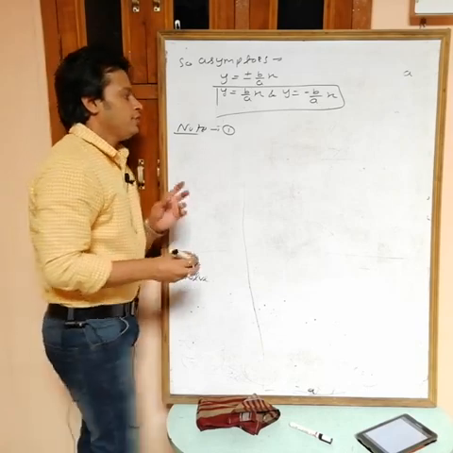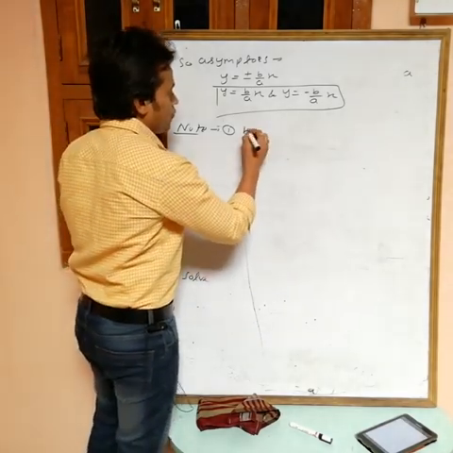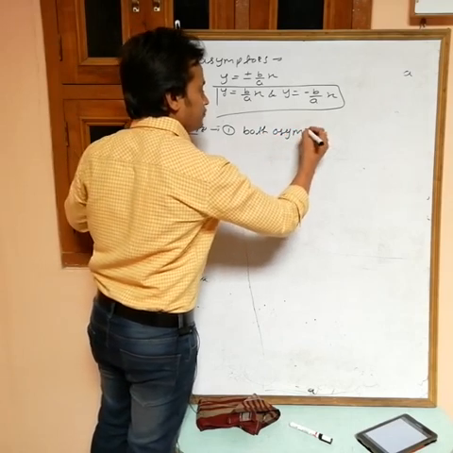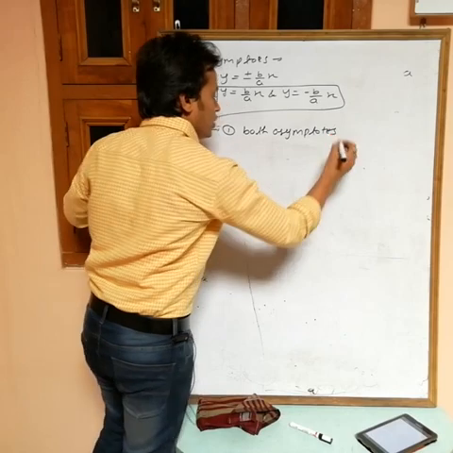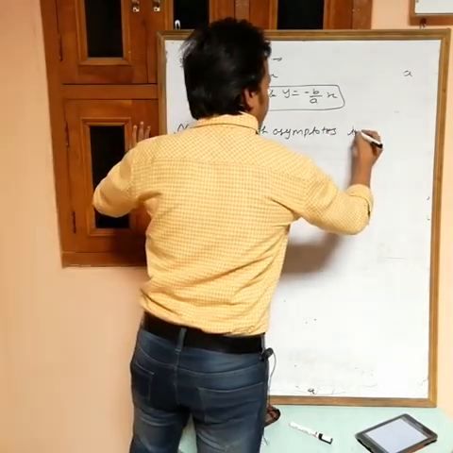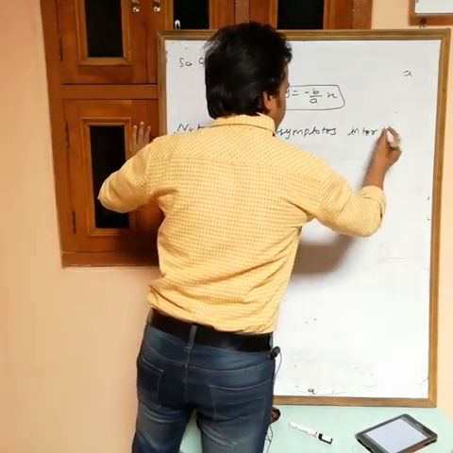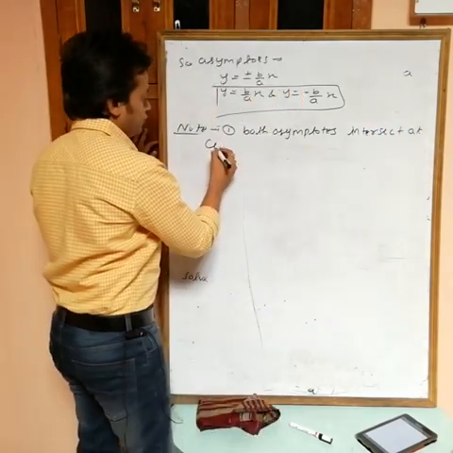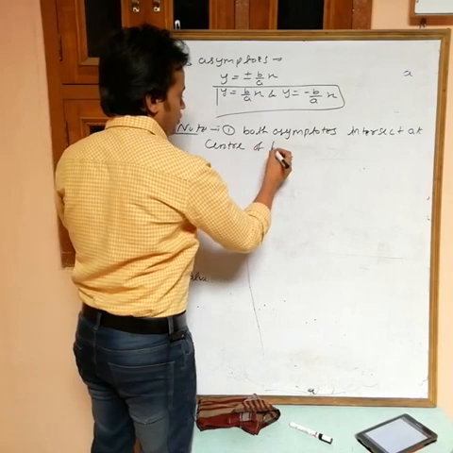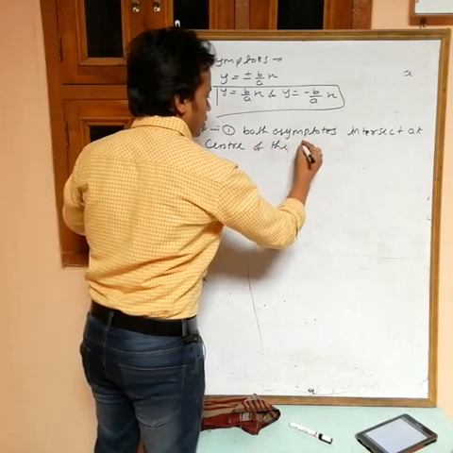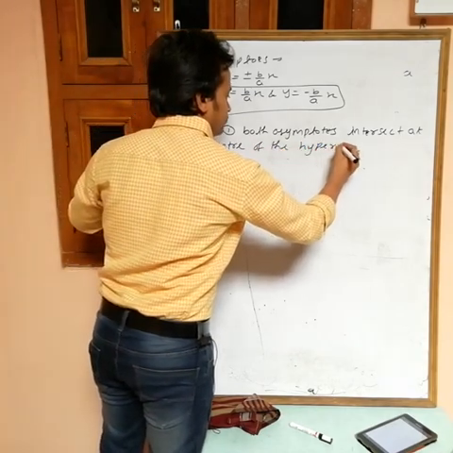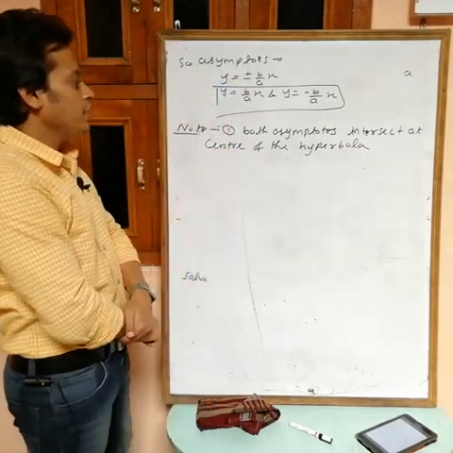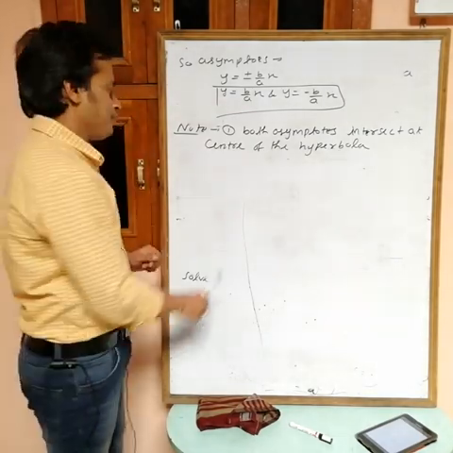It means both asymptotes intersect at the center of the hyperbola. Okay, second point,